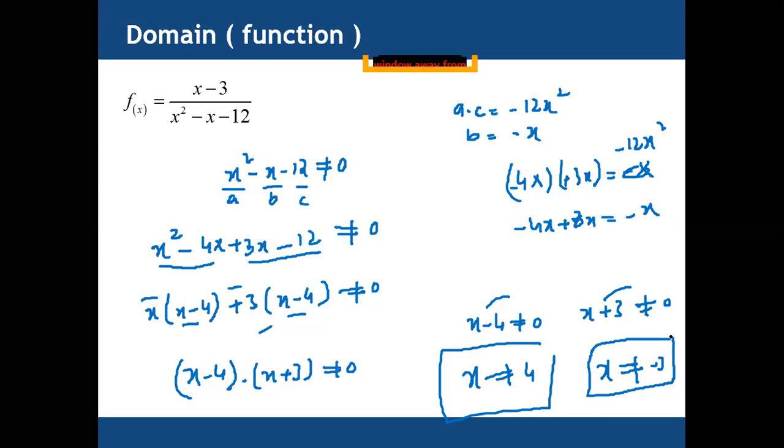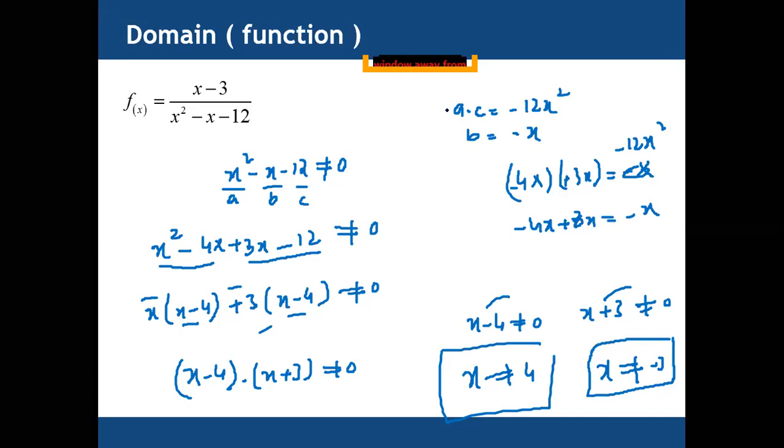Clear, guys? Any question regarding finding domain? Yes, sir, it's clear, but the values that you give to the x squared minus x minus 12, the a, b, and c. So this is the formula that we have to multiply a with c and take the b separately. Yes, of course, this is a rule actually. A multiply with c and b. Find two numbers that when you multiply give you a times c, and when you add give you b. If these conditions are satisfied, then you can solve with the help of factorization.